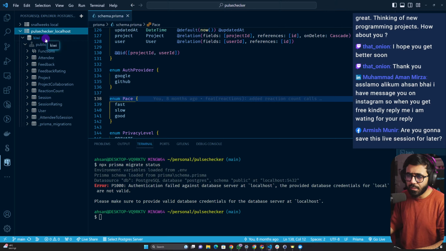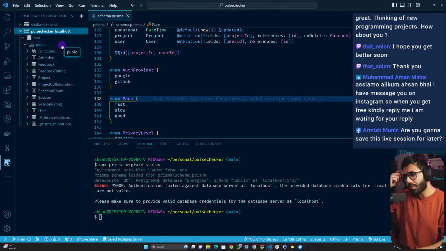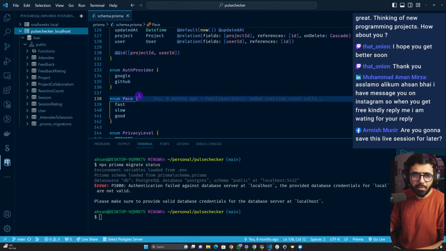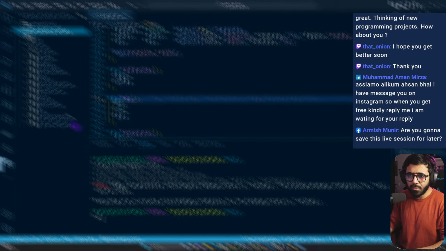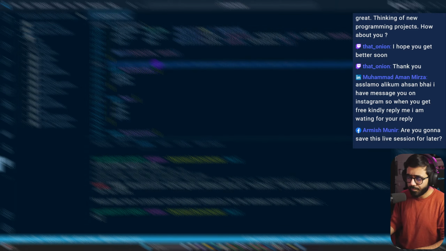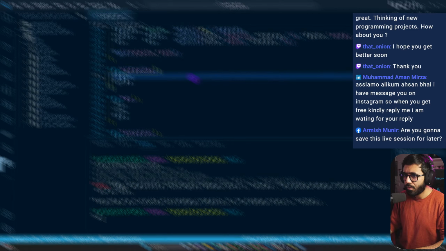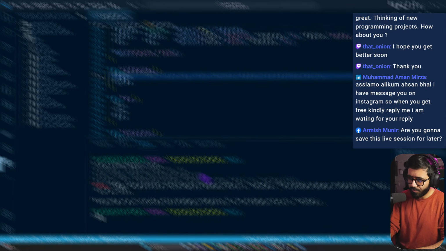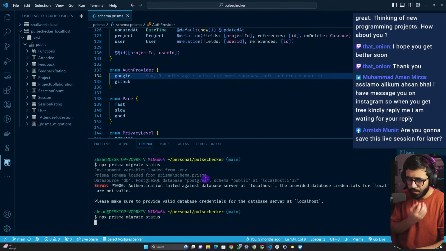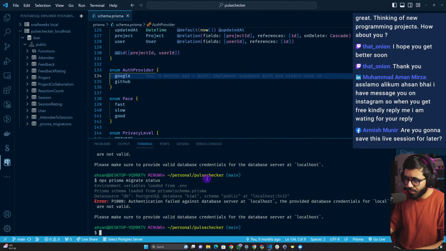Oh, I don't have the Postgres database, that's why. Okay, I understand. So I'm going to switch databases. Give me one second. In the env, because I don't have Postgres, I have the database called Kiwi. Okay, so now I should get, yeah, so now it should,